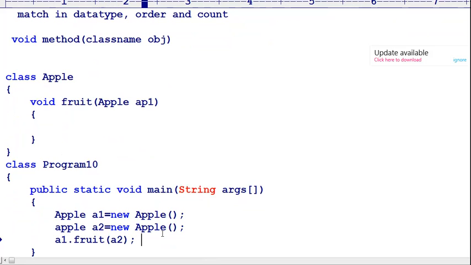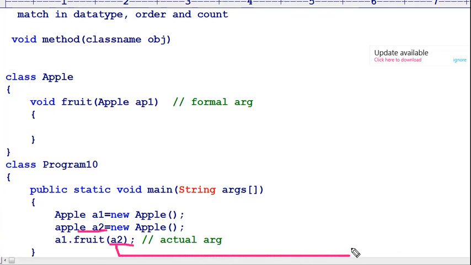Understand? Now this is the actual argument, and here we have the formal argument. The actual argument is an object of Apple class.